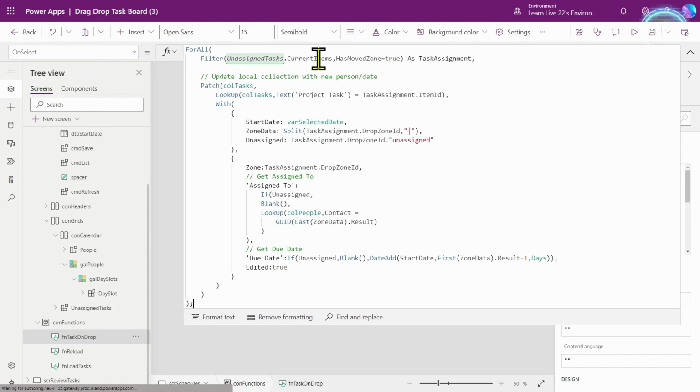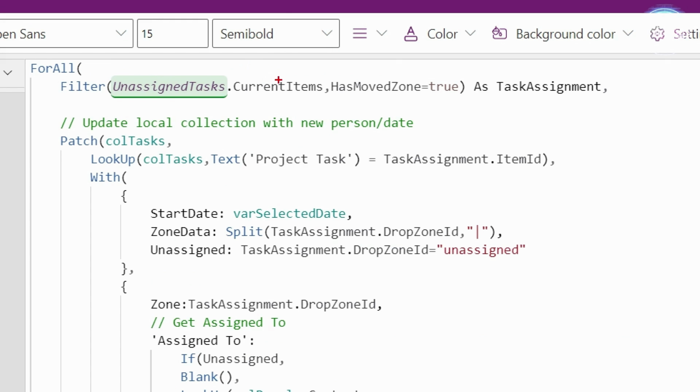The master drop zone is the only drop zone that gets all the events assigned to it. And this special current items property holds this current state. So remember when we moved between screens, the current state got reset. That means the current items is being reset. So whilst ever we're on the same screen and we haven't updated the input collection, this current items is going to maintain the state of that drop zone. And we've got two properties. The first one is has moved zone. So that tells us whether or not it's been moved between two different zones. But we've also got another one which is has moved position. So in the case of the people later on, we'll need to look at if it's been moved position and respond to that.